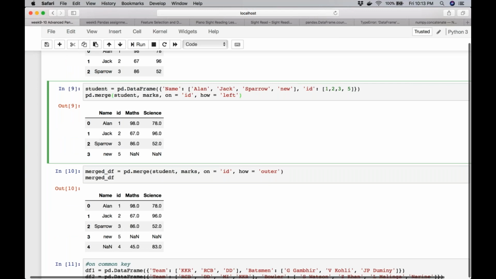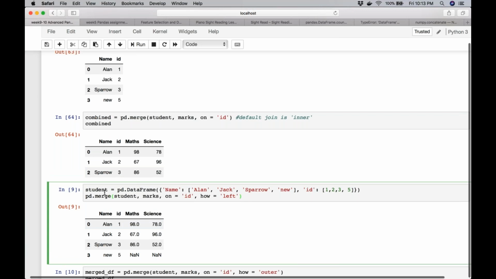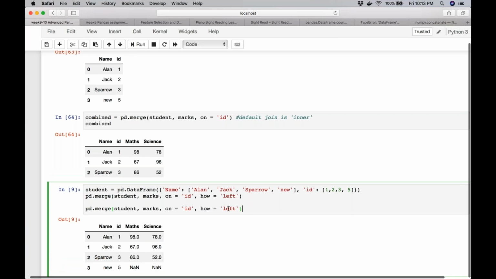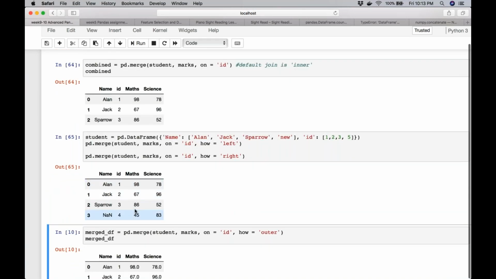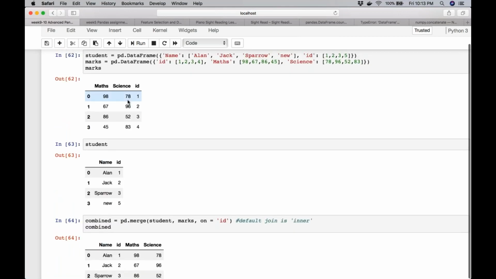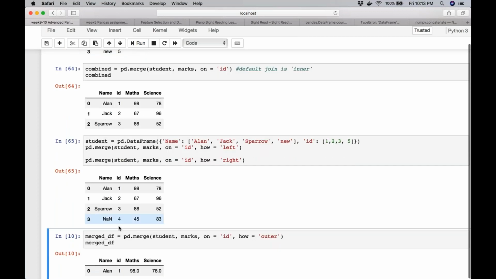Similarly, you could also use right join, in which case it will be exact opposite. It will keep all the rows of the right data frame. So I can just simply do it here to show you. All I'm going to do is change the how parameter, and what happens? Now my math and science, there is no nan, and my IDs are also 1, 2, 3, and 4, because those are the IDs in marks data frame 1, 2, 3, and 4. And it got the corresponding values for 1, 2, and 3 in the student data frame, but it could not find ID 4 in student. So you can see a nan here.